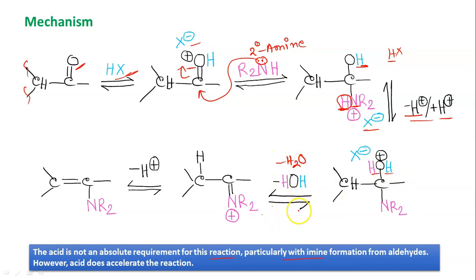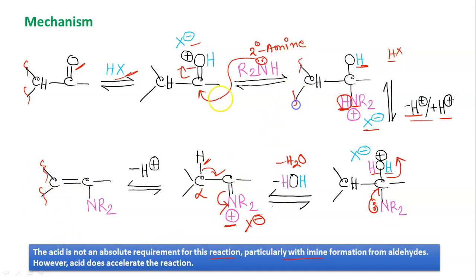And when it is removed, then we can write it as this lone pair of nitrogen making a double bond, that is a C=N double bond, and this water is removed. Now nitrogen is positively charged and X minus is also present here. Now finally there will be proton removal. So this is the alpha carbon and this is the alpha hydrogen, this will be removed. And finally we are getting,